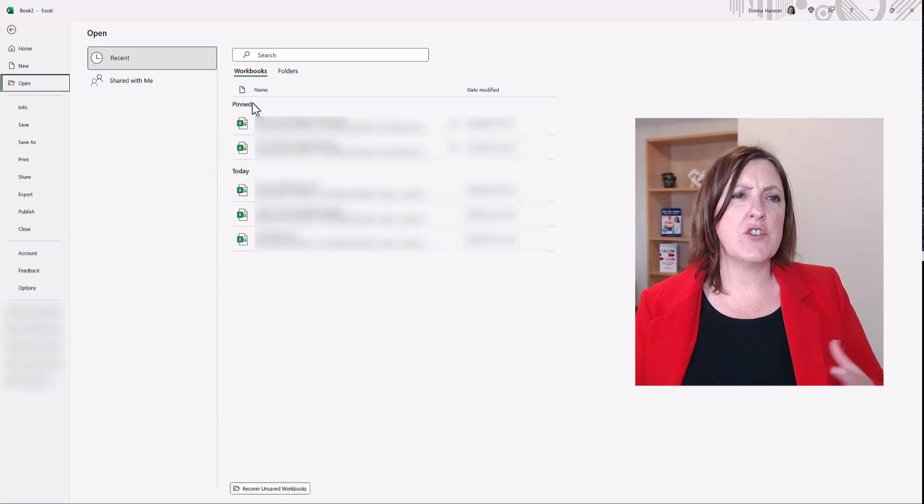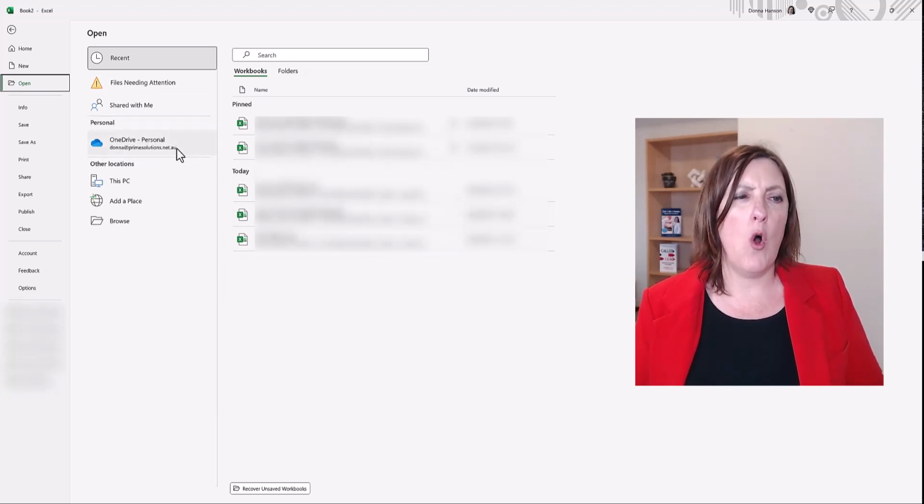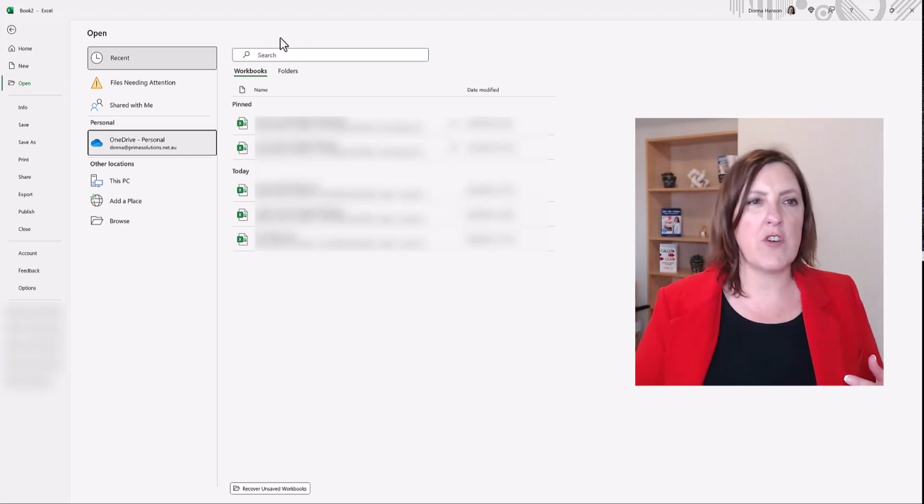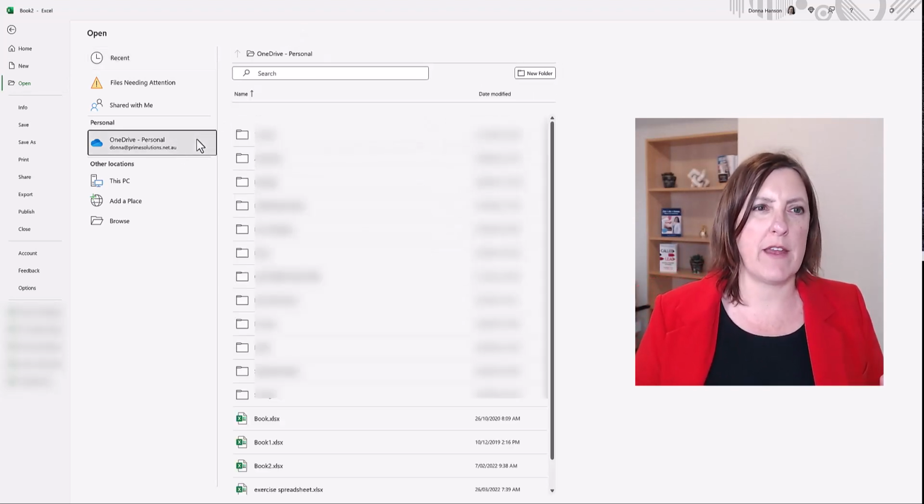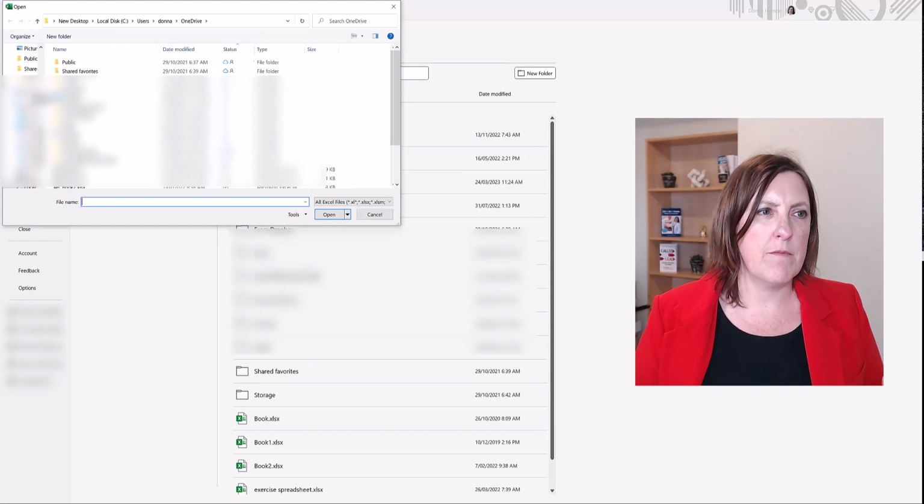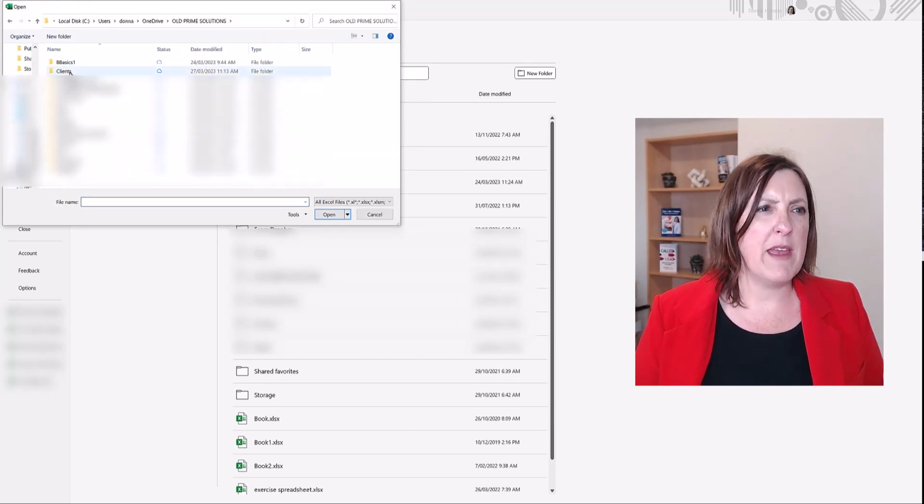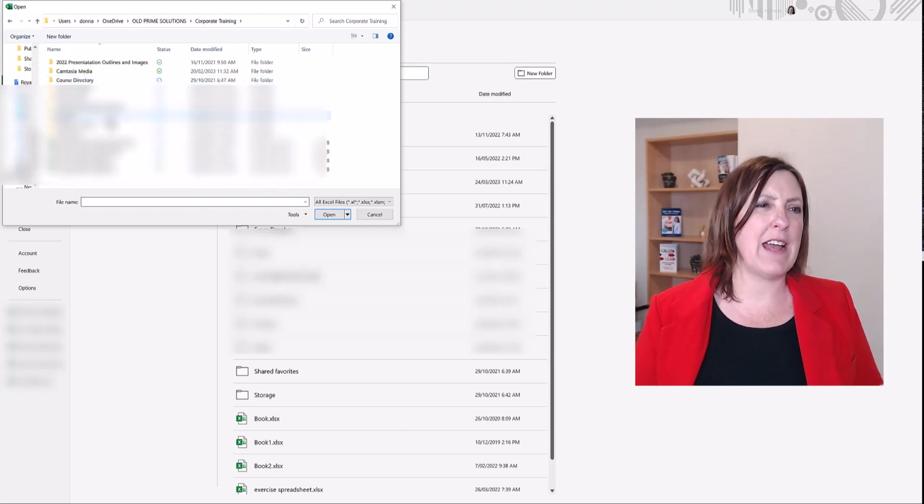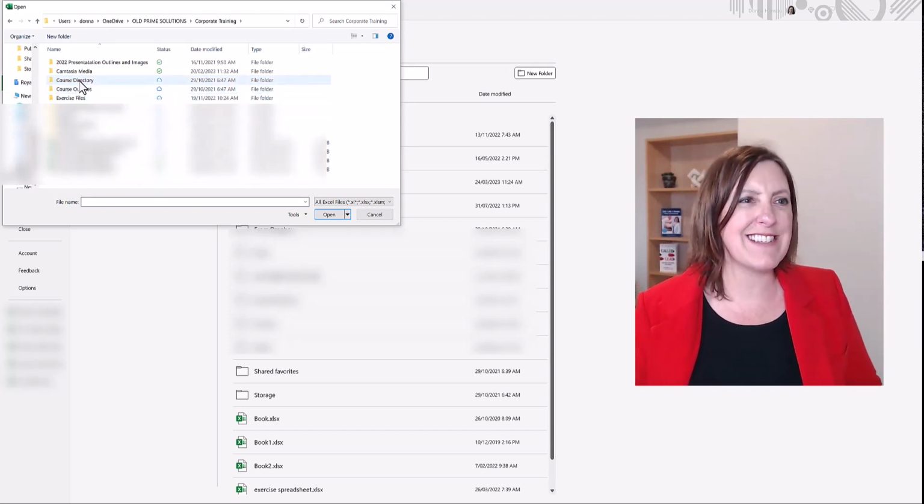Now what you need to do is you can select from a list of workbooks that may be available, or you can click on your OneDrive to actually search for something that you're looking for. From here, all you need to do is navigate to the relevant folder that you want to access